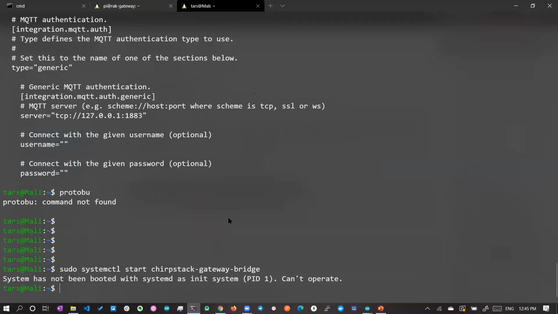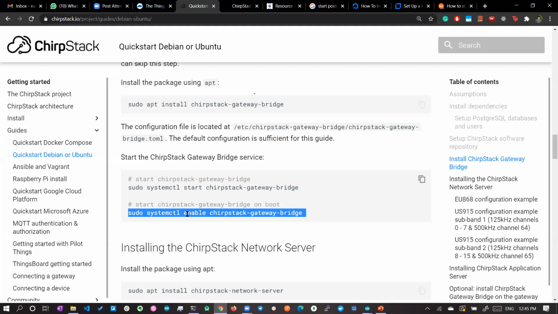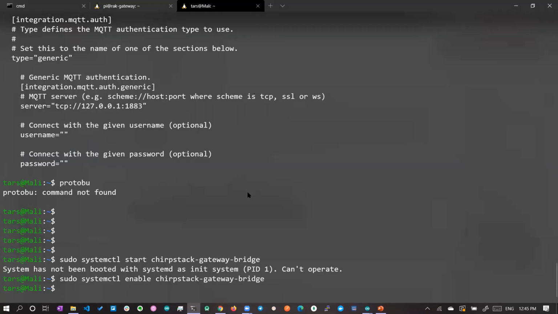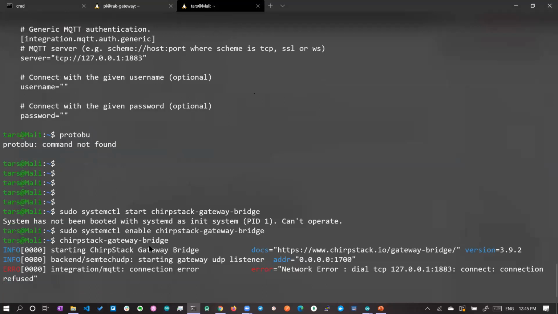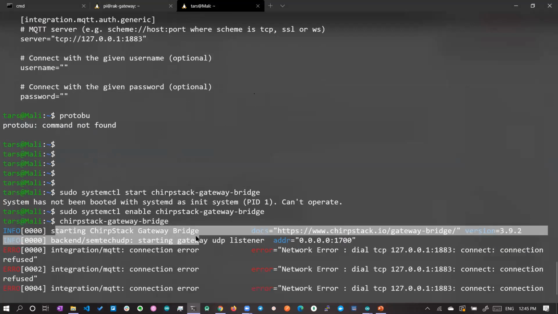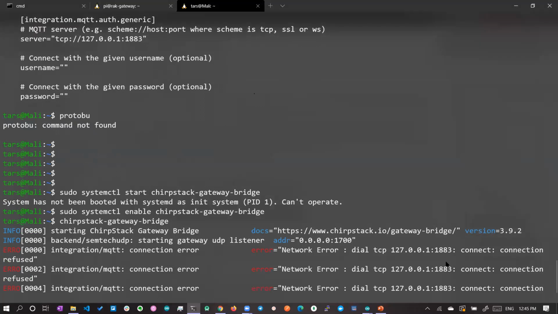You can enable it to start by default. If it doesn't support this, you can directly invoke the start command. If you run this and start it, you can see starting ChirpStack gateway bridge, and you can see it cannot connect to 127.0.0.1:1883, the connection failed. Why?